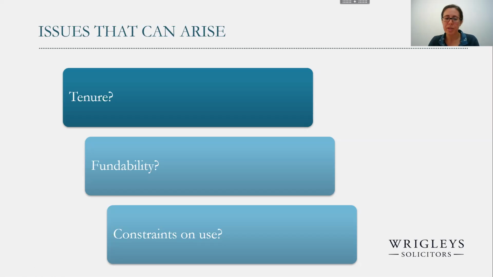And finally, be careful about the constraints on use in the document you're agreeing. It's certainly not wrong to have considerable constraints in there, and your council might require that to make sure this is done as a community project rather than being turned for commercial profit. But make sure those restrictions fit not just what you're planning at the moment, but also what might arise in the longer term. Try to think forward and future-proof the terms of whatever documents you're agreeing.